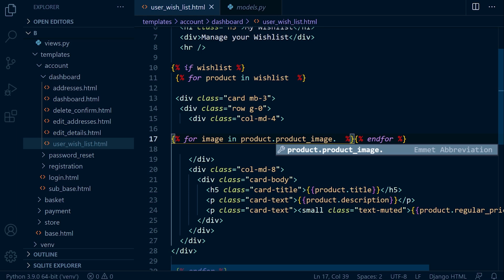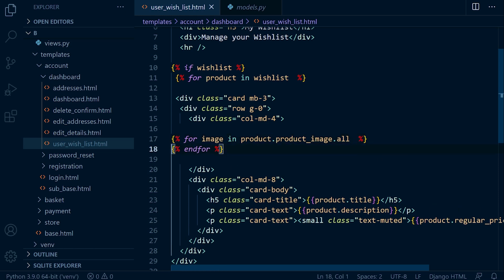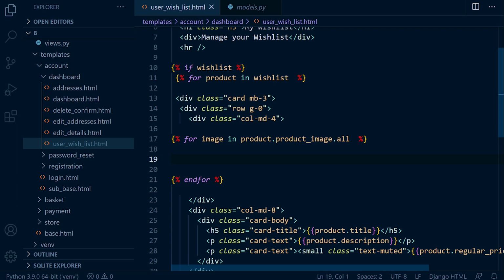Yep, and then we're going to get all the product images. So that's that done. What we want to do now is get the image that's featured. Remember, we're passing this data through as image. So for each item that's looped through all the images, each time we look at it we can access that item